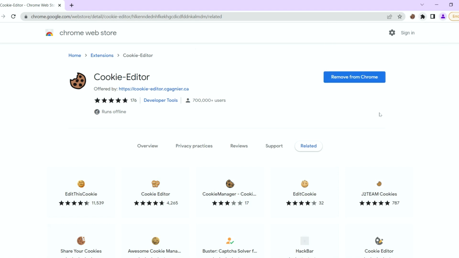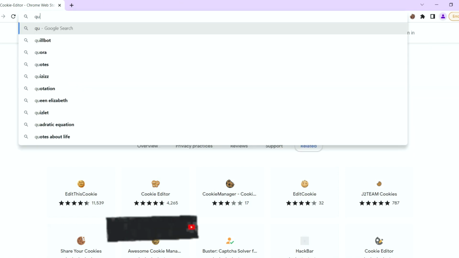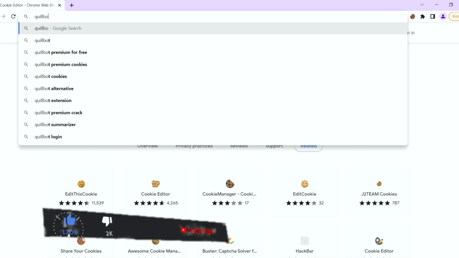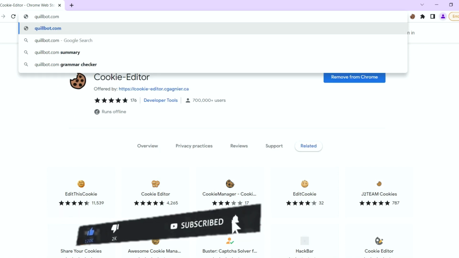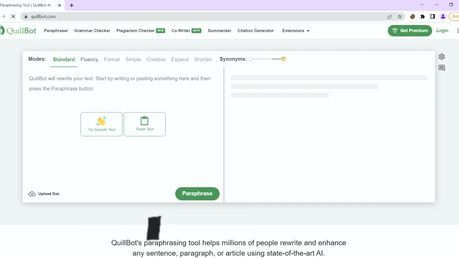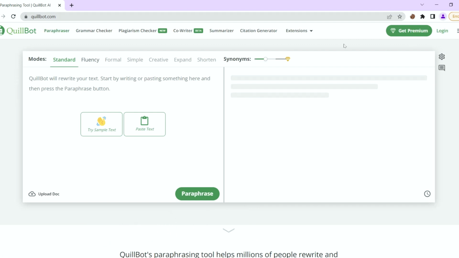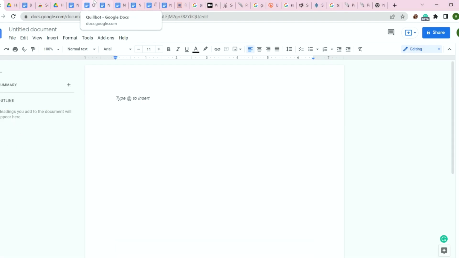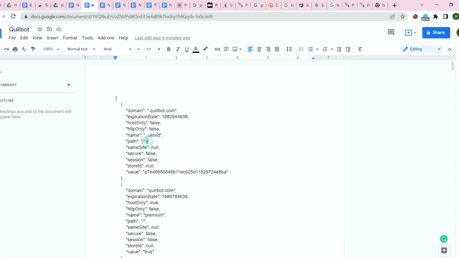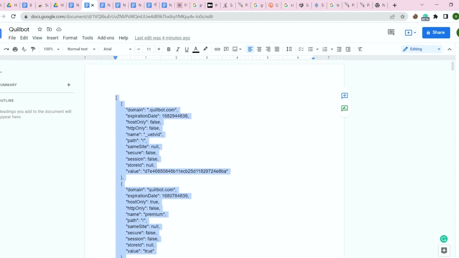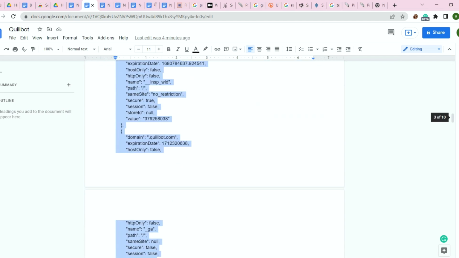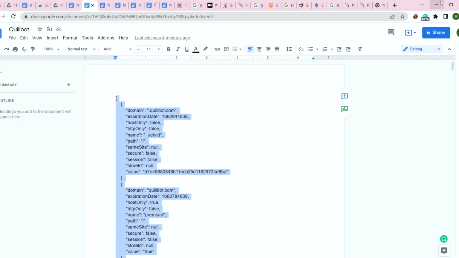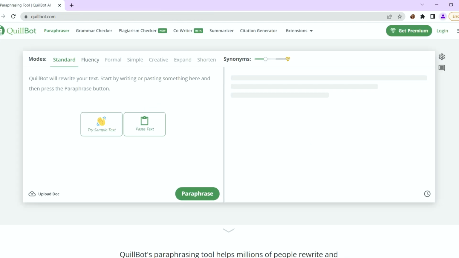Once you pin this, open quillbot.com and as you can see, here there is no option for get premium. So what we are going to do next is open the cookie extension like this. Here we have the cookies. Now open the same tab and then click on cookie,